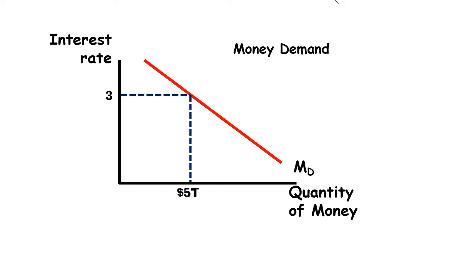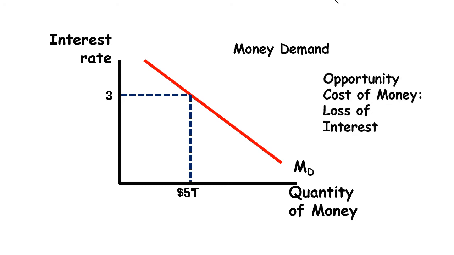So when interest rates are really high, when the return on investments is really high, people do not want to hold money. When interest rates are really low, people want to hold on to lots of money so that when something better comes along, they're in a position to invest in it, to put their money in it. Okay? So remember, the opportunity cost of holding cash in your pocket is the interest you gave up. If your bank is paying 0.25%, yeah, you're not losing anything by keeping cash in your pocket or in your piggy bank. But if your bank were all of a sudden paying 6%, or if we were in the middle again of a huge stock or real estate boom, it's very costly for you to keep that money in your pocket.